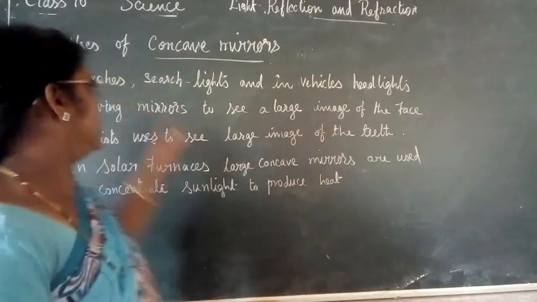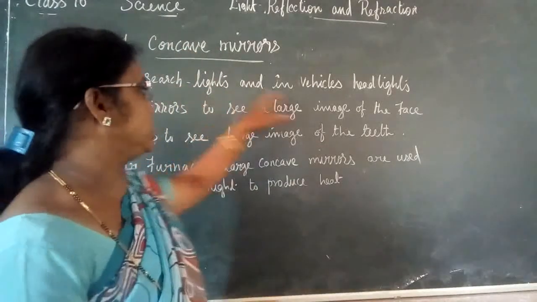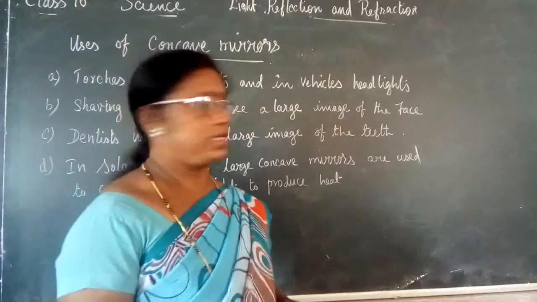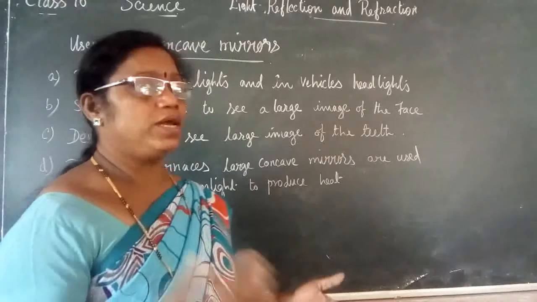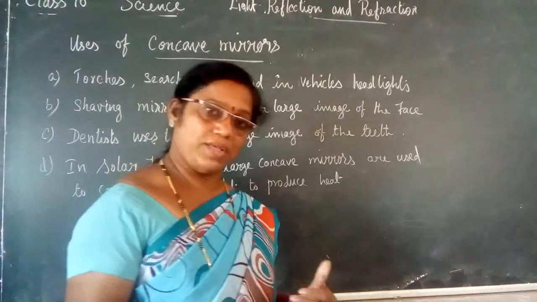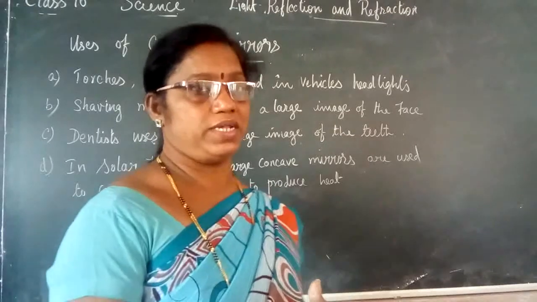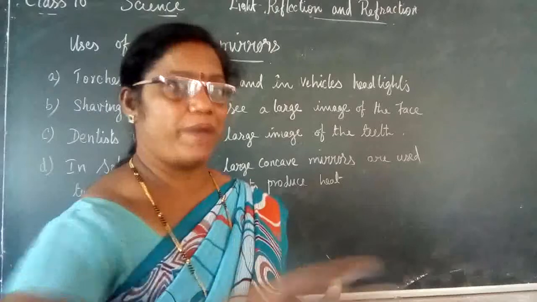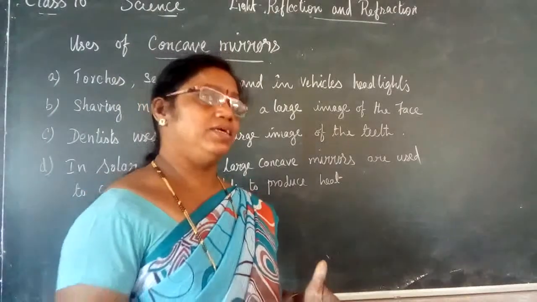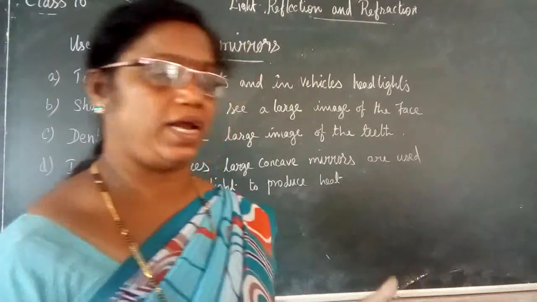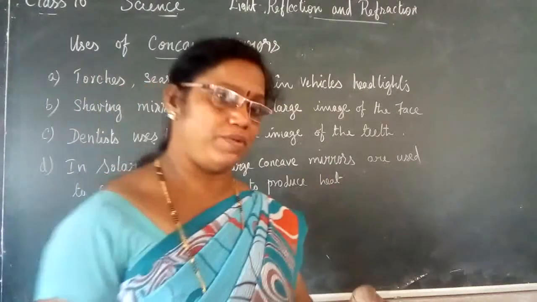So, what about these torchlights or searchlights or the headlights of the vehicles? The light which, as you know according to rule 1, passes through the principal focus, after reflection travels parallel. Hence, the bulb in the torch or a searchlight or the headlight is kept at the principal focus of the